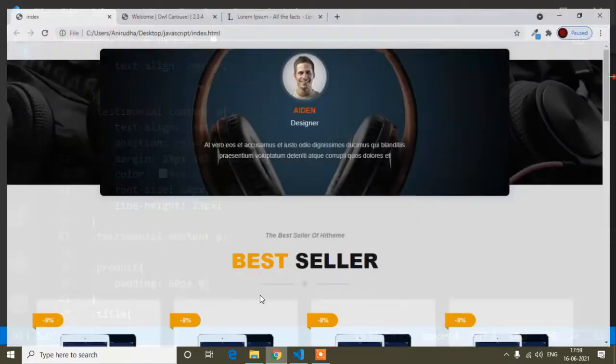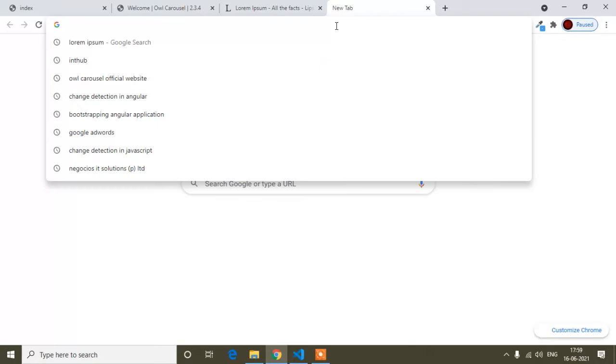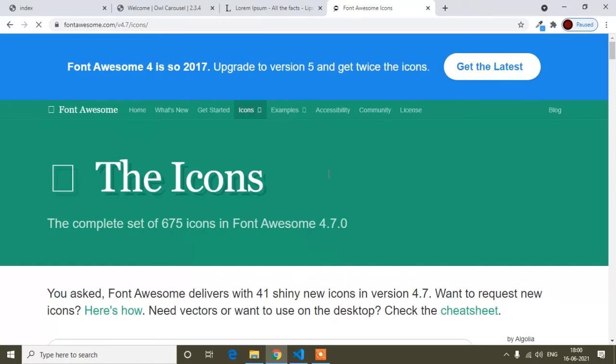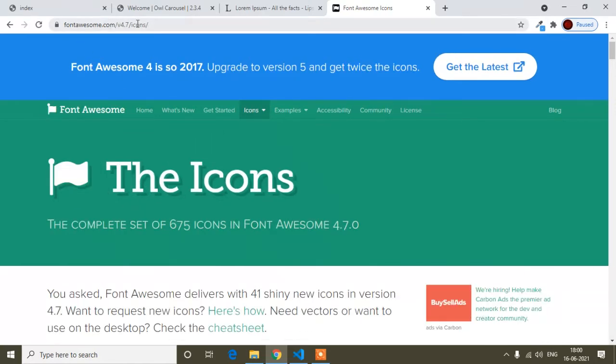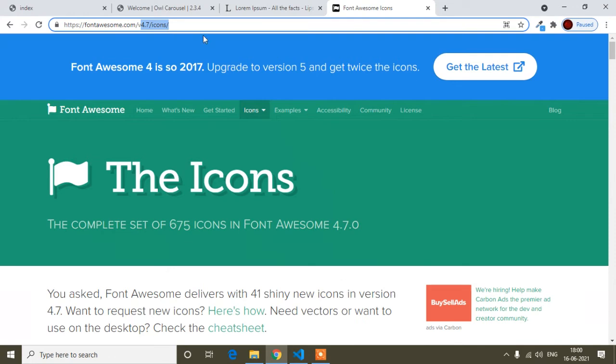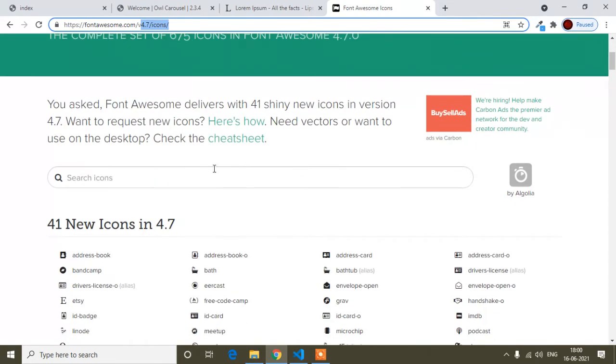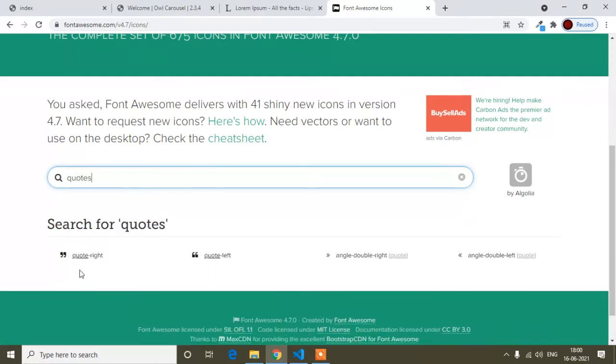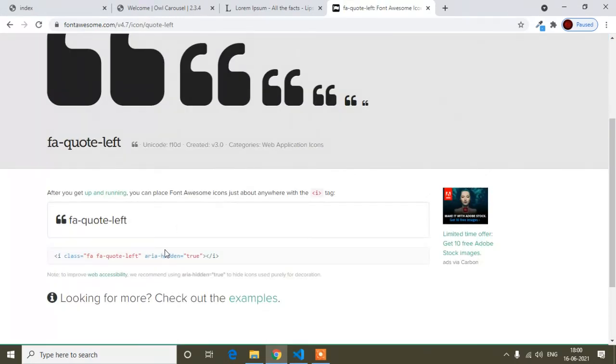Like if I go to the Font Awesome icon site, in another tab here I will simply write Font Awesome icon CSS, and it will redirect to this link, fontawesome.com, this version and icon. Just type this link and you will be redirected here. Suppose here I search quotes, this one for right and this one for left, I mean this one for the start, before this paragraph tag. So guys, this is the icon class. If you want to add it by class, you have to copy this class and paste it in your